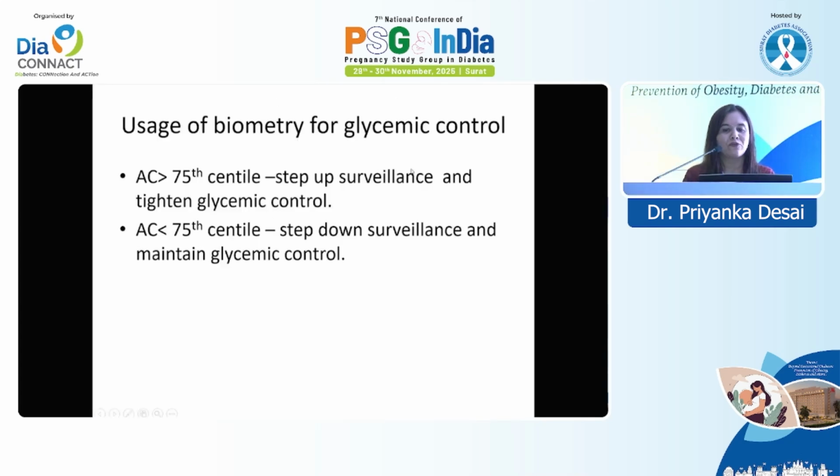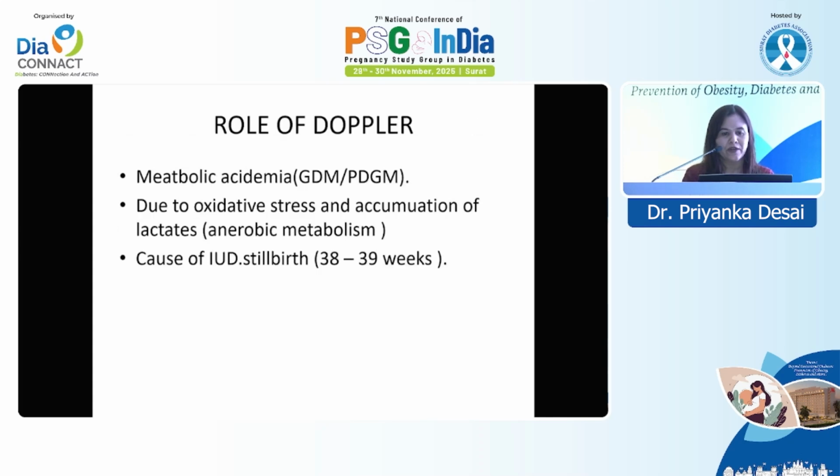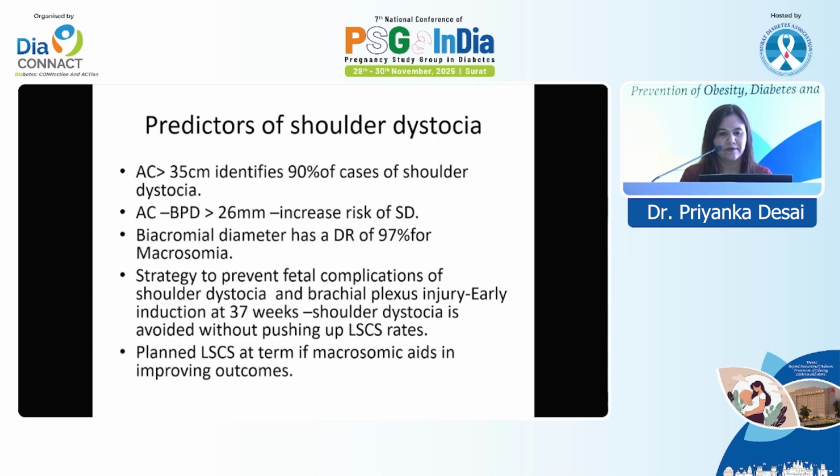So how do we use biometry for better glycemic control? If the abdominal circumference is going more than the 75th centile, we have to step up surveillance and tighten the glycemic control. If it is less than the 75th, we can step down and maintain the glycemic control. The role of Doppler is important because of the risk of metabolic acidemia. There is oxidative stress leading to accumulation of lactate, and this is a cause of IUD and stillbirth at 38 to 39 weeks. So predictors of shoulder dystocia: if the abdominal circumference is more than 35 centimeters, this identifies 90% of cases